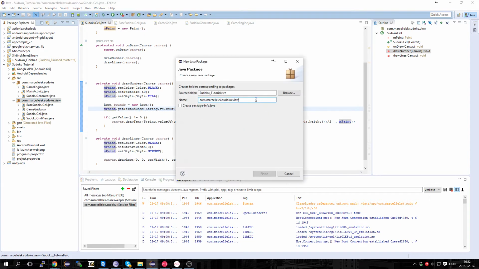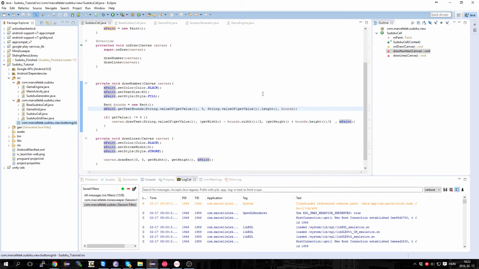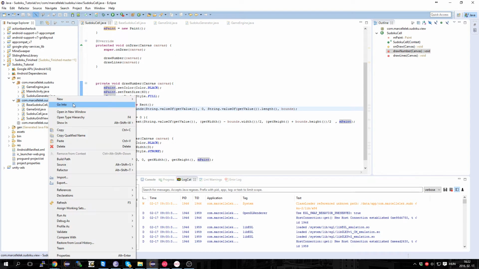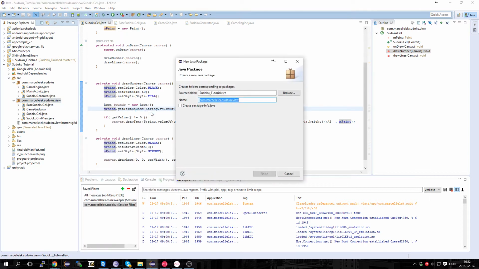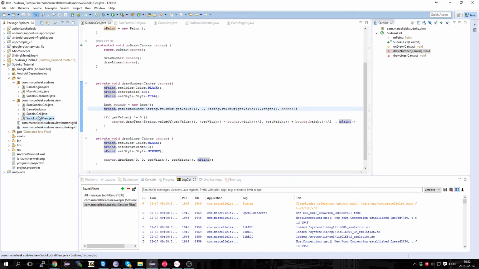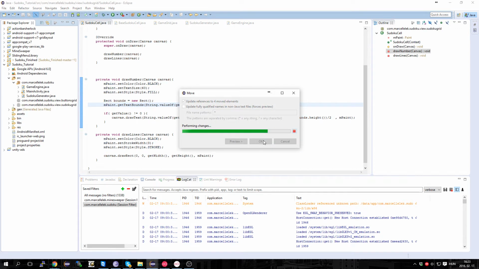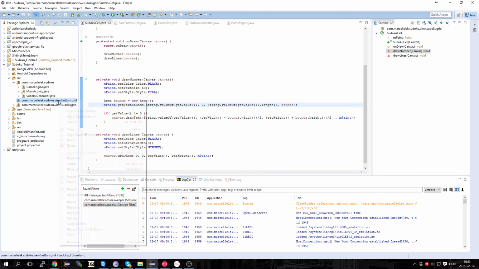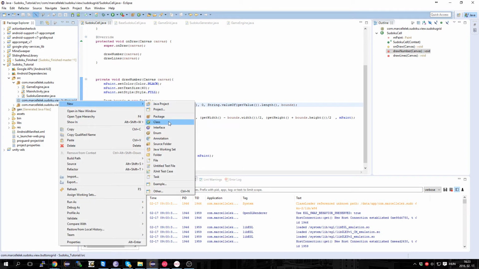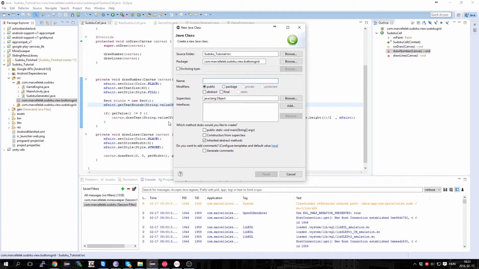So I'm going to create a new package inside the view class, which we will call buttons grid, and I'm also going to create a new package called Sudoku grid, and I'm going to put all these into Sudoku grid. Yeah, update the references, and inside buttons grid I'm going to create two new classes, which is number button